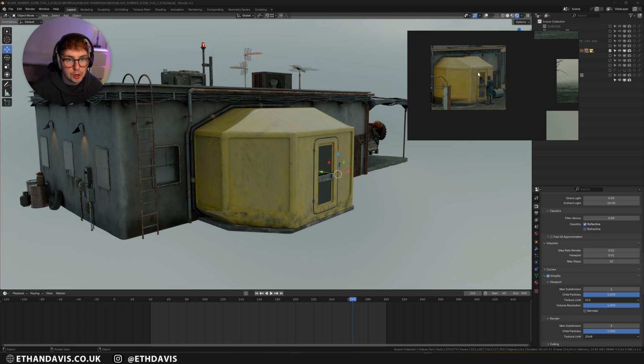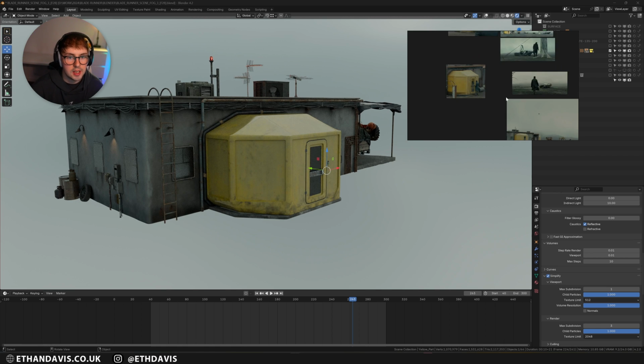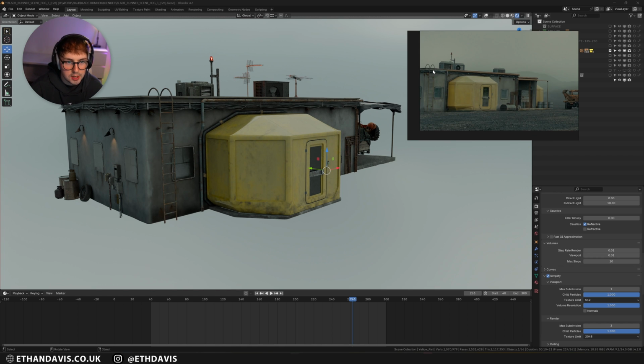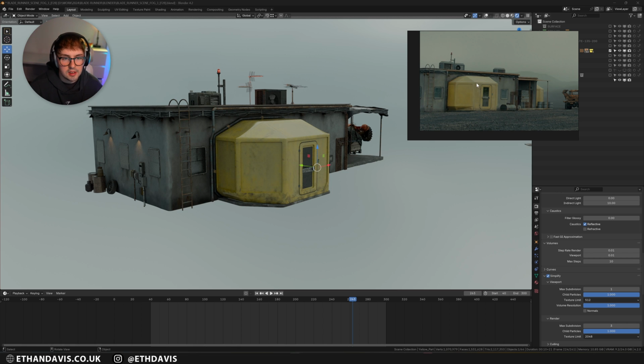So going off this yellow building, I was able to then determine how big this side was and how big this side was. Now obviously maybe this could have been a little bit further left, maybe this could have been a little bit further right, but I think in general it all looks pretty accurate to this.